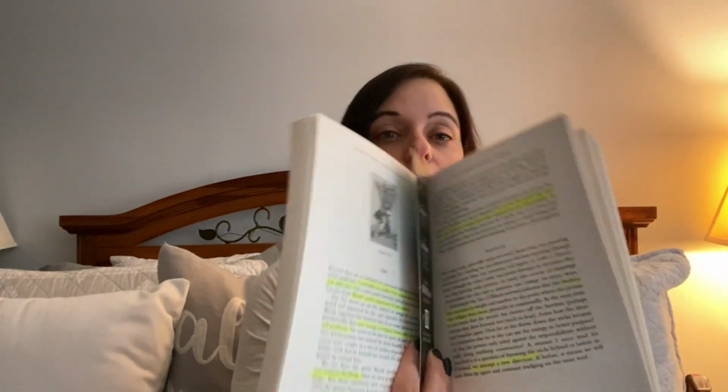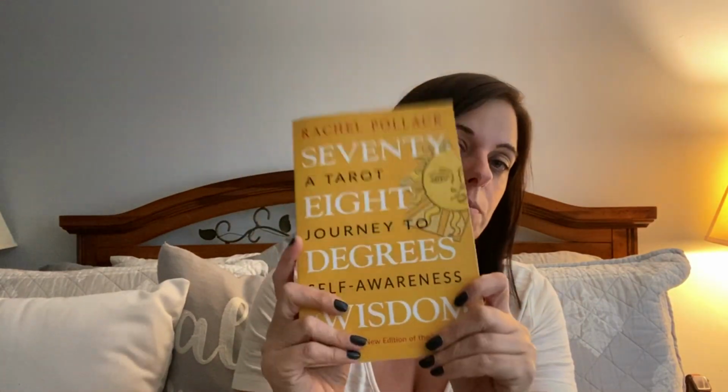So I've broken my rule of writing in the book. I mean, it's pencil, but the highlighter, I've broken my cardinal rule because, like I said, this book deserves to be highlighted and noted and just put into your brain. I've been really delving into this and enjoying it, and it's been really fun because I've had my